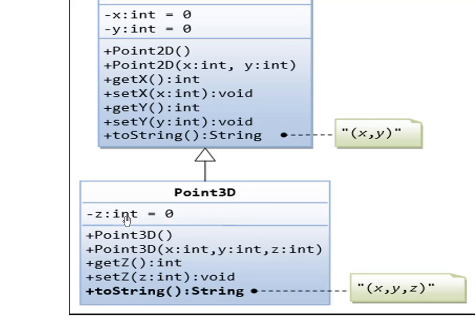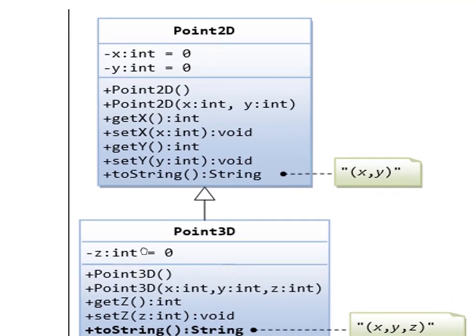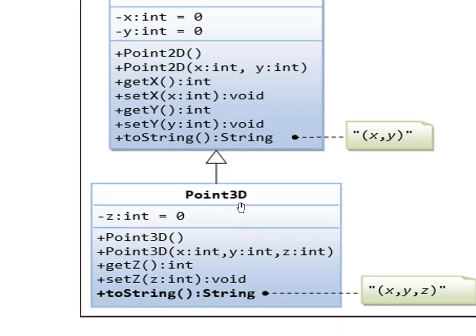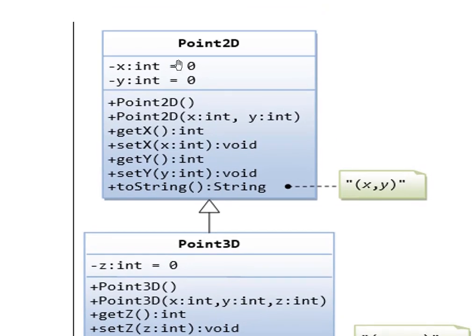Then we're going to build the next class, which is related to 3 dimensions. So it will contain a specific parameter that is z, because you know that there are 3 parameters in 3 dimensions: x, y and z. So x and y will be inherited from this class and z will be specific to this class. You can see this arrow is pointing to the first class, Point2D. It means that it is inheriting all the public methods and all the properties which are available within this base class.